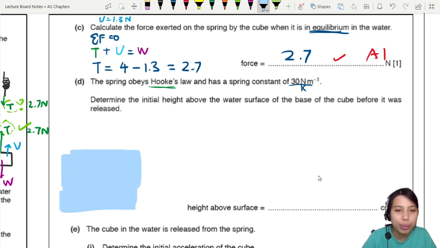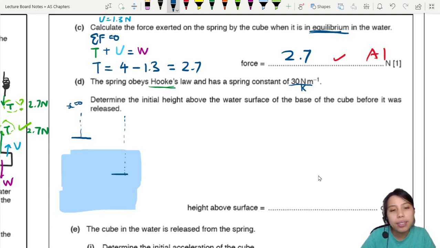There, nice and blue. Okay, the base of the cube in the beginning is out of the water. That's the base of the cube. Got a spring. We'll just draw this. Okay, this is the base of the cube, and there's no extension here. Then once you are in the water, you have extended all the way down